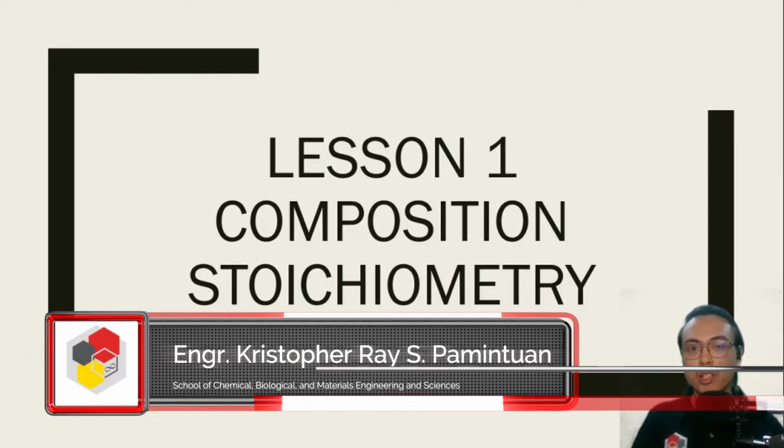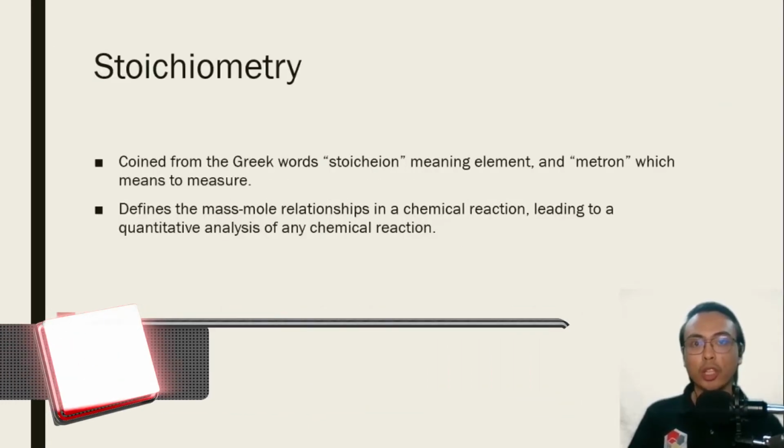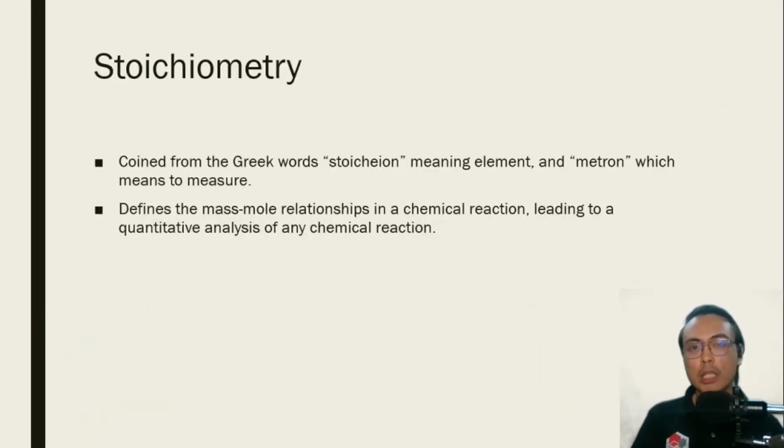Today we will be discussing composition stoichiometry. Let's start with a definition of the term stoichiometry. Stoichiometry was coined from the Greek words stoichion, meaning elements, and metron, which means to measure. They put the two terms together and came up with stoichiometry. As a brief definition, stoichiometry defines the mass to mole relationships in a chemical reaction, leading to a quantitative analysis